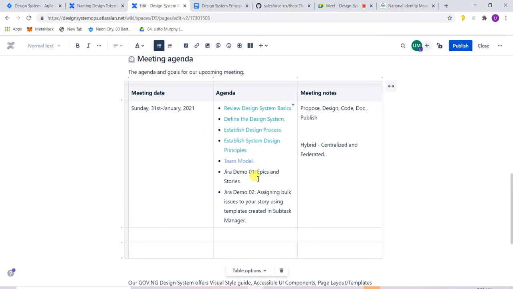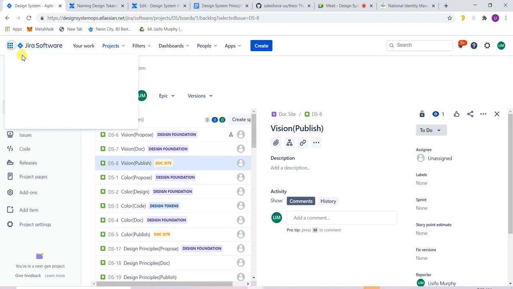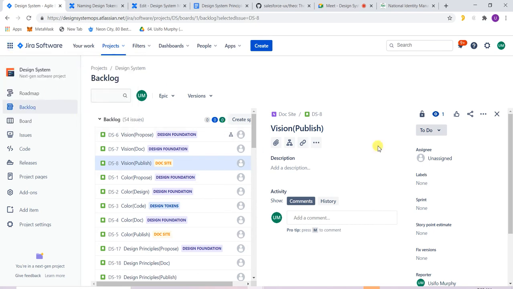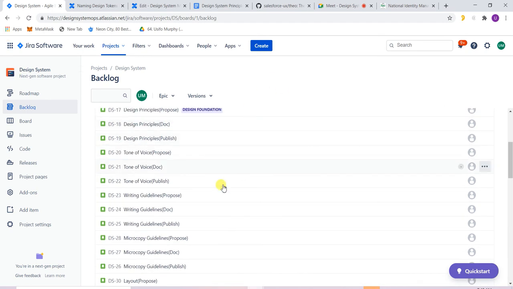All right, now the Jira tour. Okay, so let's start Jira. If you are new to Jira, how do I create a new Jira board? Let me use this board. It's taking too long to load. So if you are new to Jira, the backlog is basically where we're going to be